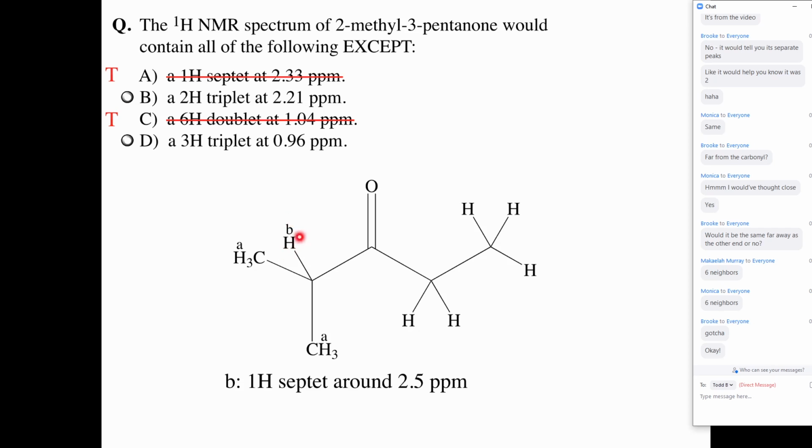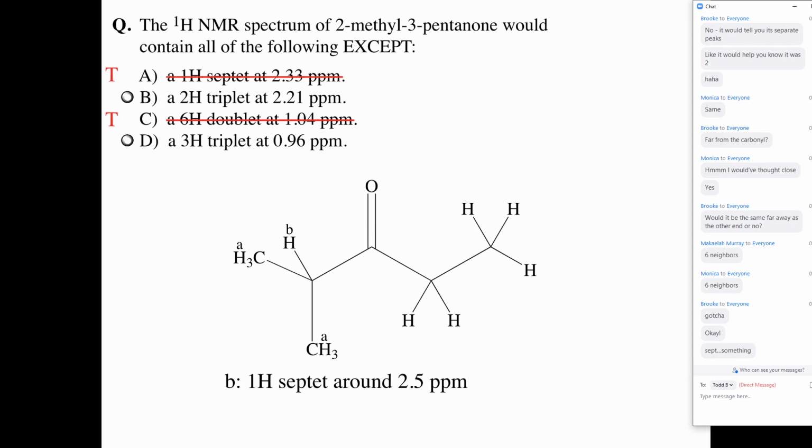But then, yeah, as Monica said, this one has 3 plus 3, 6 neighbors, 6 plus 1, 7. How do you say 7 in NMR language? Sept, like September, the 7th month in the calendar,